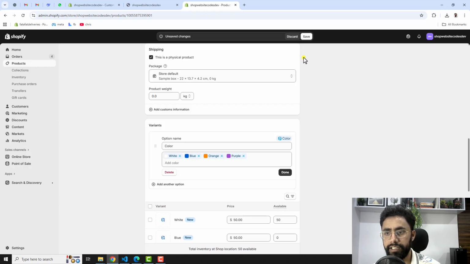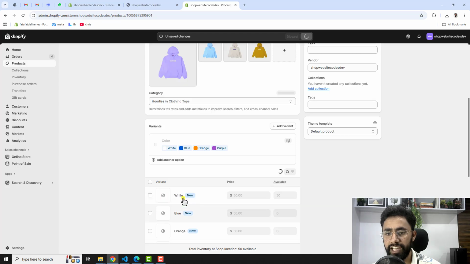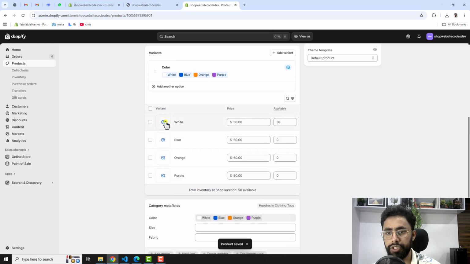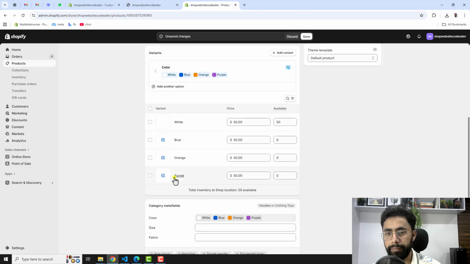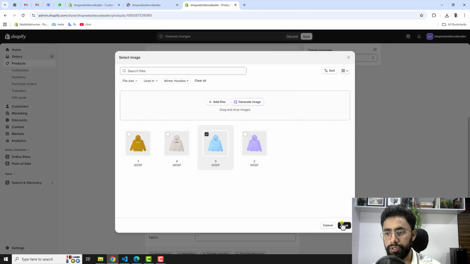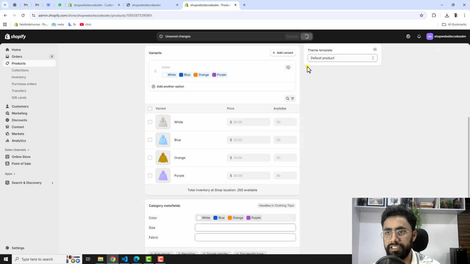Click on that and then click on done, save the changes, and at the end you can see that we have to add the images also. So click here and select the white one, click on blue, then click on orange, then click on purple, and you can also update the value of quantity